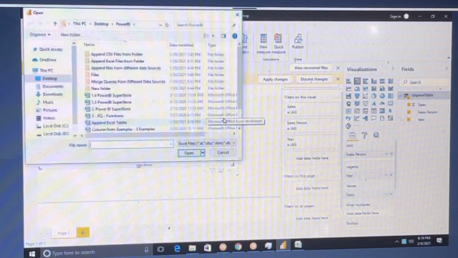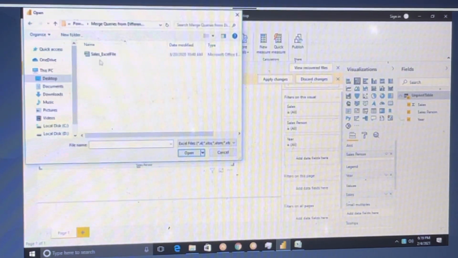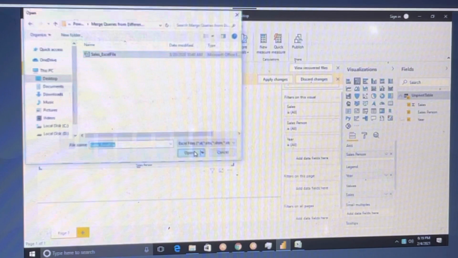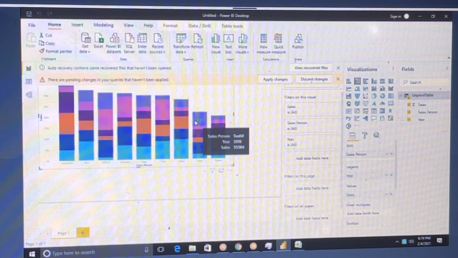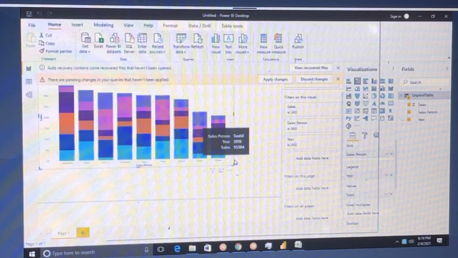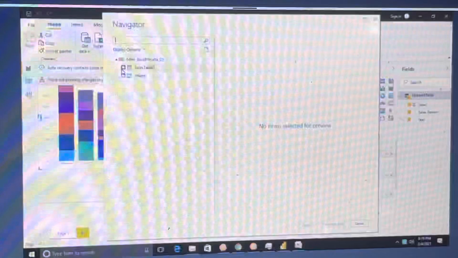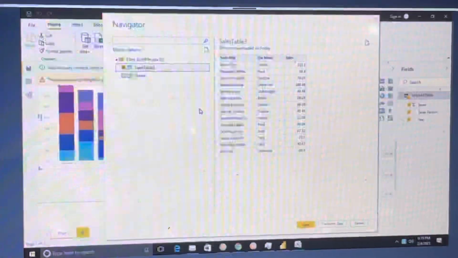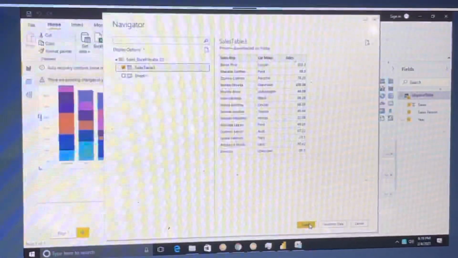Let's say, get data from Excel and merge queries. First you are taking Excel. Just take this Excel data and load it for now.